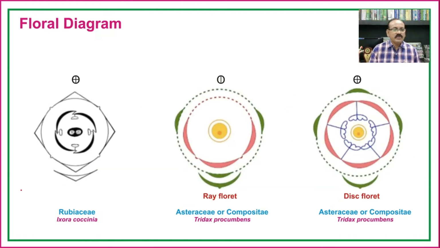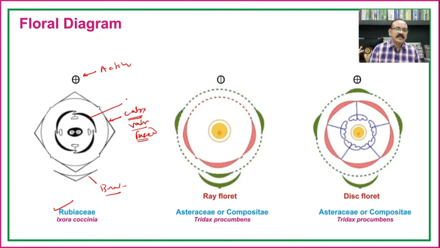Then in the family Rubiaceae, the petals are fused, which is the characteristic feature of the family Rubiaceae. Here there is a presence of the mother axis, which shows the actinomorphic condition. Then the presence of the bract, that is, the flowers are bracteate. Again here there is the presence of the sepals, that is the calyx, with the valvate type of estivation, and the fused condition, that is the gamosepalous condition.